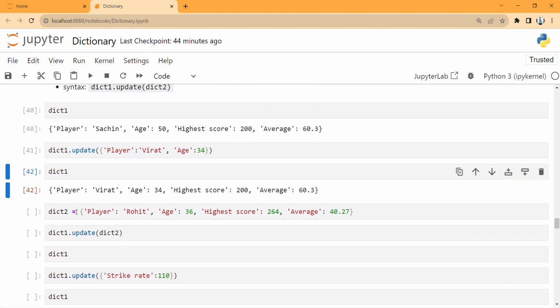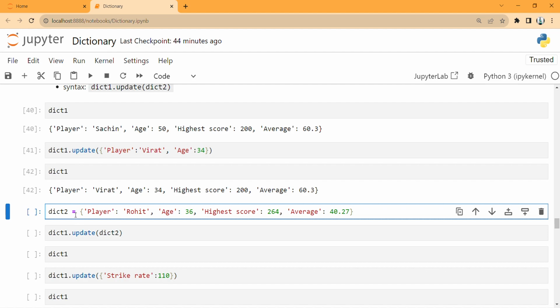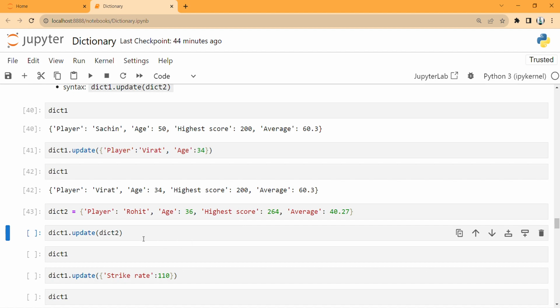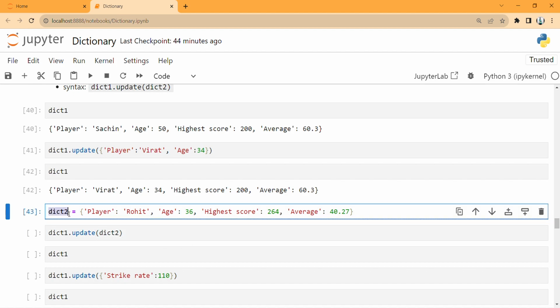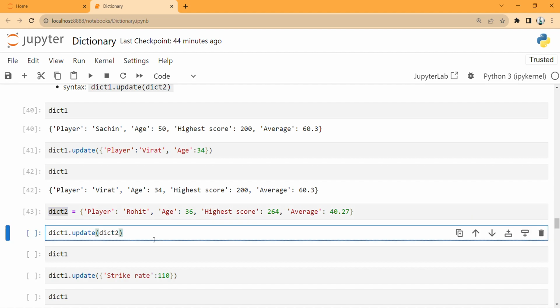ओके, आता मी एक वेगळी डिक्शनरी घेतली इथे dict2. ओके, आणि त्याच्यात पण काय केलं, सेम मगाची ज्या कीज होत्या प्लेयर, एज, हायेस्ट स्कोर, एव्हरेज त्याच कीज टाकल्या. ओके, व्हॅल्यू डिफरंट ठेवल्या फक्त. रोहित 36, 264, 40.27 अशा व्हॅल्यूज टाकल्या फक्त. ओके, ही डिक्शनरी मी एक्झिक्यूट करतो आणि आता अपडेट फंक्शन मध्ये मी ही डिक्शनरी टाकली आहे dict2. ओके, सो व्हॉट विल हॅपन आफ्टर दिस,